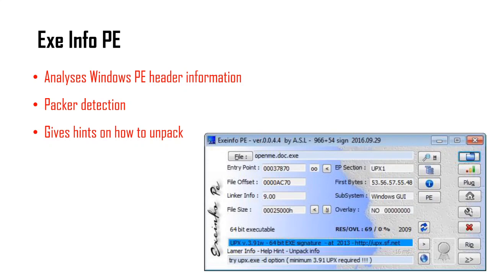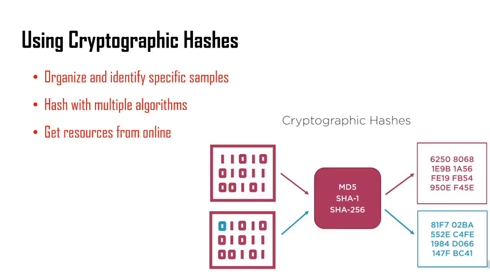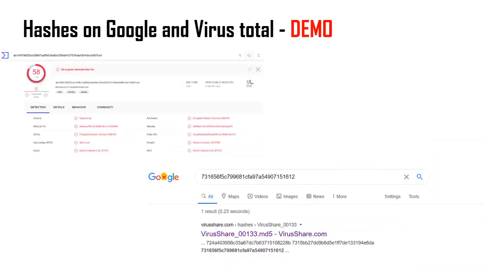Please make aware, ensure that you don't execute any files in your host system. Please execute in your guest system, I mean in the virtual machine. If you want to execute, you take a snapshot and execute, right? So please make sure. And then we have seen the cryptographic hashes also, what all the hashes are,